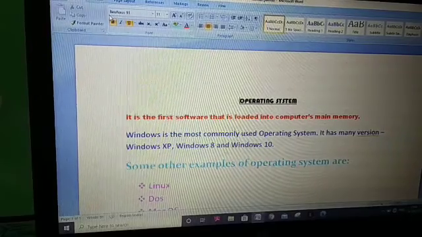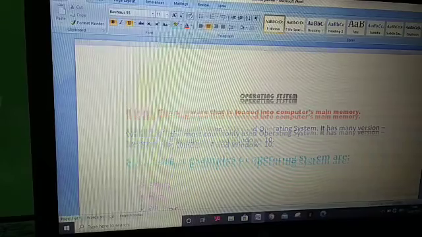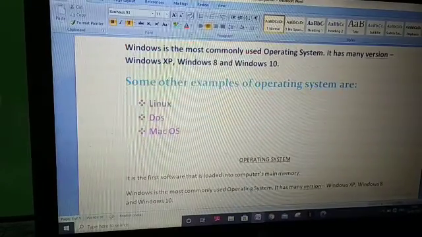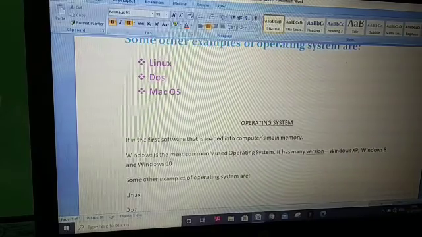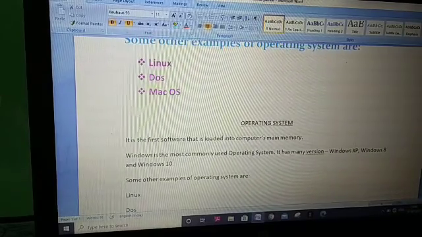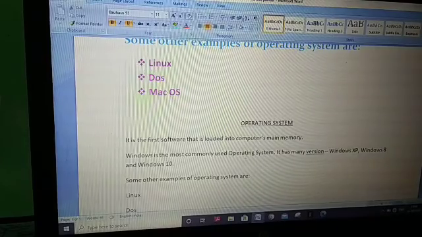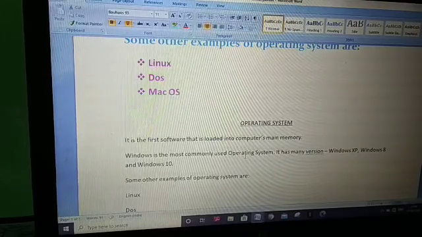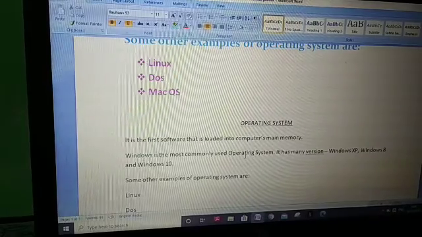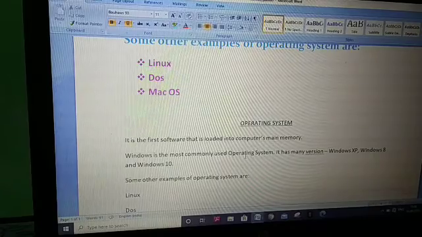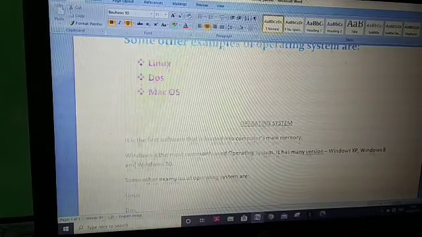Now this formatted text we have to apply on unformatted text. Now I'm showing you, this is the same text I wrote here, but it is unformatted. This one, operating system, same text, but it is unformatted, meaning no style, no colors, nothing is applied here. So one by one we will apply this formatting.